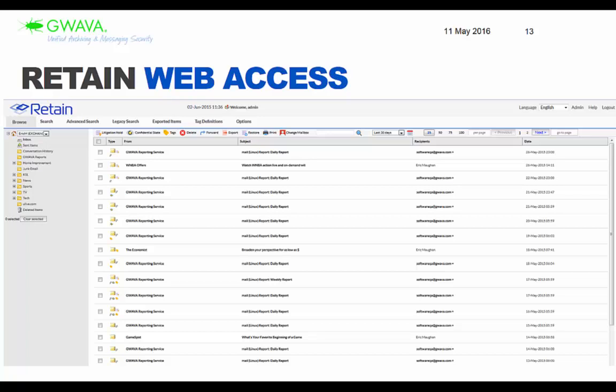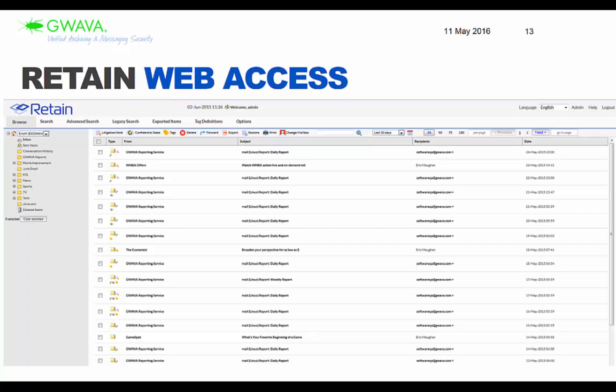Users can be granted different rights, like they can view their own archive, and they can restore messages to the live inbox if they want to, and if you want to give them access, they can export and forward as well. And then administrators have the ability to place litigation holds, tag messages, delete messages, forward them, export them, restore, and print them.